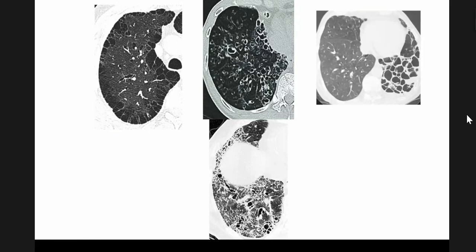This is bronchiectasis. A profound example of cystic bronchiectasis where you see everything in the form of cysts in the left lower lobe, which is associated with evident loss of volume if you compare with the right side. You would wonder if this is interstitial lung disease. But please remember, interstitial lung disease is never unilateral. So this is most likely a post-infective cystic bronchiectasis, whereas the image at the bottom